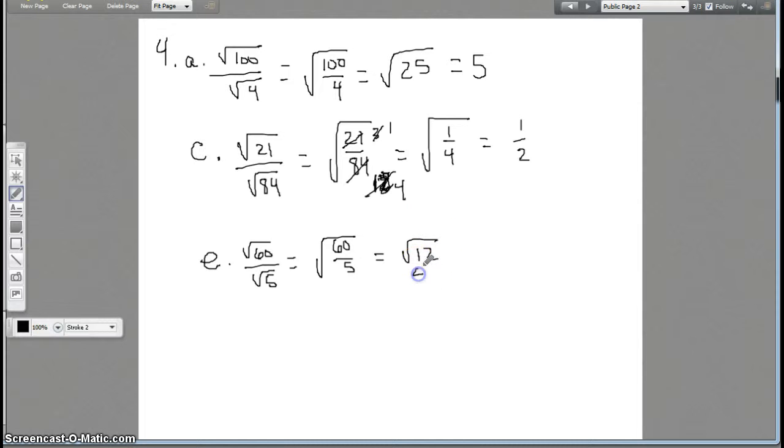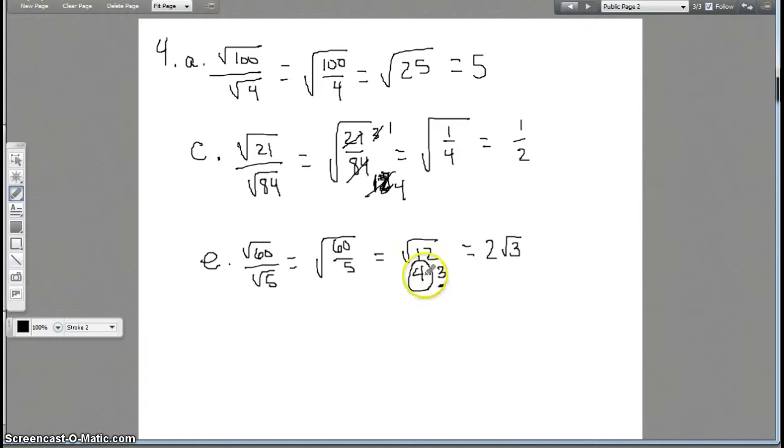We could write 12 as 4 times 3. Now, an important thing here when you go and rewrite what's inside of your square root as the product of two terms: when you pull out that square factor, you have to remember to square root it. So 12 is 4 times 3, but to be able to pull this out of the square root, I have to take the square root. The square root of 4 is 2,